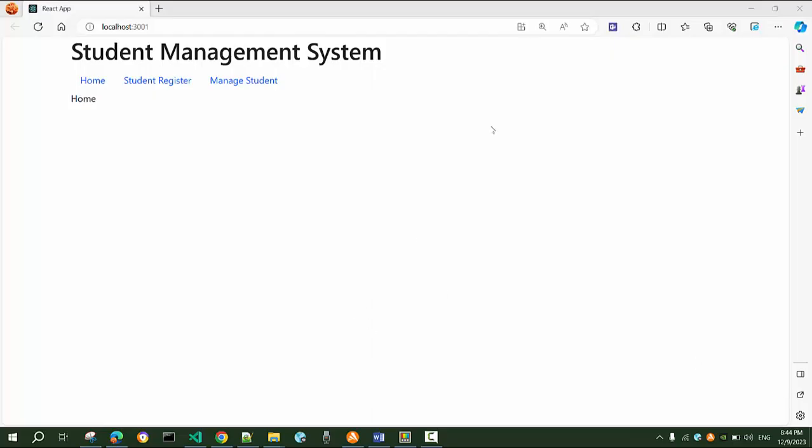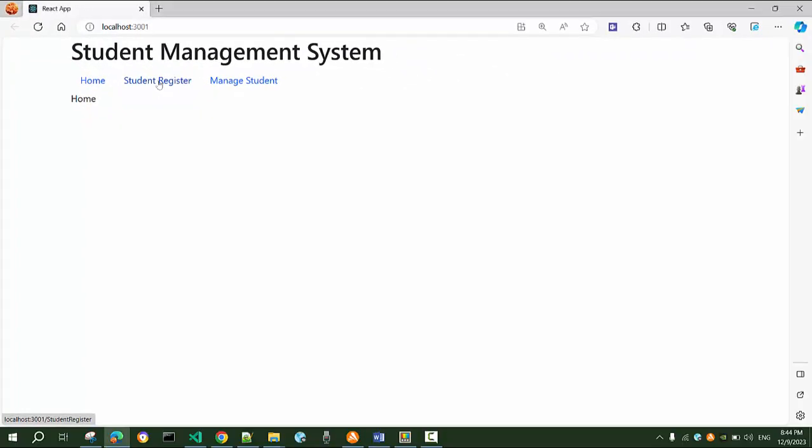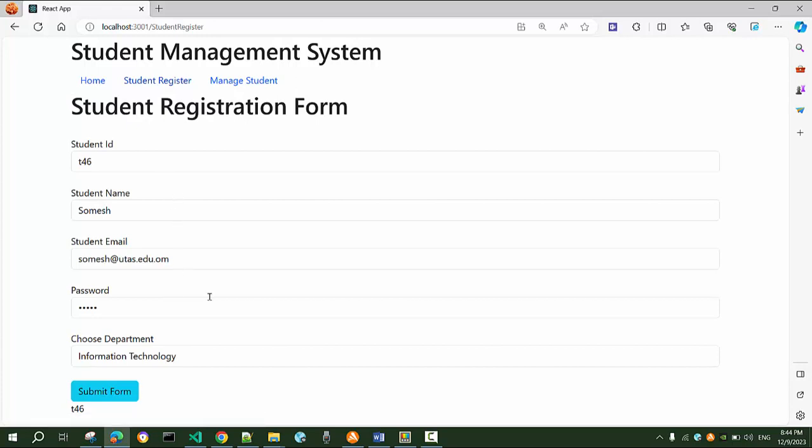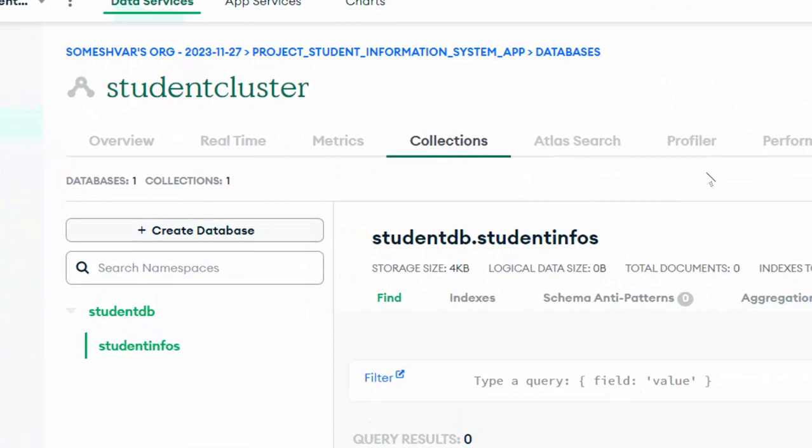So far we learned how to create the routes or the navigation system. Then we learned how to create the registration form. Then we learned how to create a database on MongoDB. So in the last lecture, we learned how to create a database on MongoDB, and we created a project student